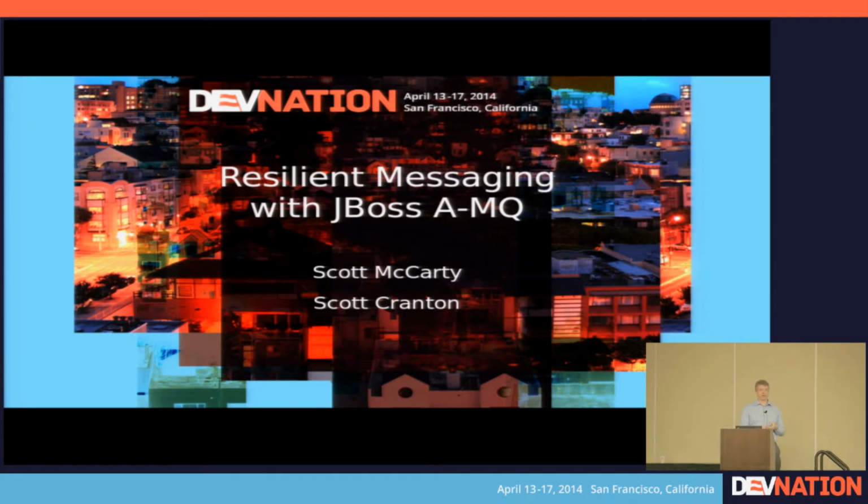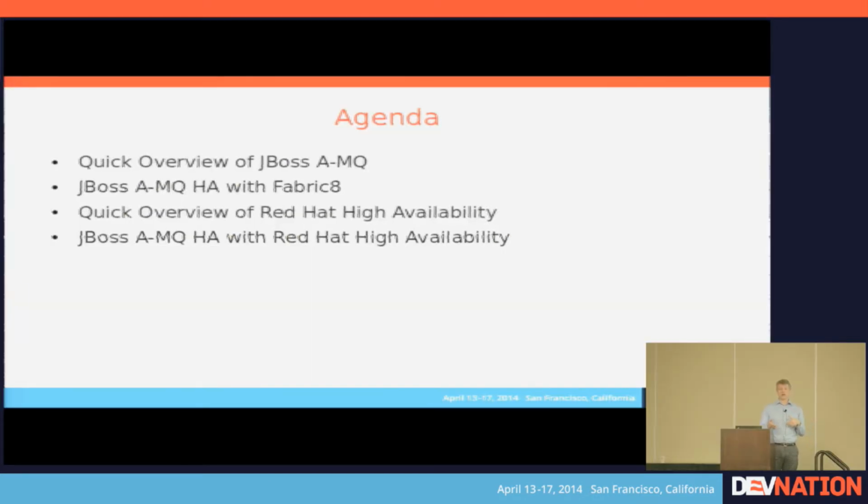I'll talk a little bit about some of the Fabric stuff, if people were here yesterday with James Strachan and Rob Davies talking about Fabric 8. You'll see a little of that. So I'll talk to the agenda. I'm going to do a quick update on Fabric 8 and how it's doing HA. Then Scott's going to talk about some of the Red Hat high availability and how that can play as well. So we're looking at two different ways to do ActiveMQ high availability setup,